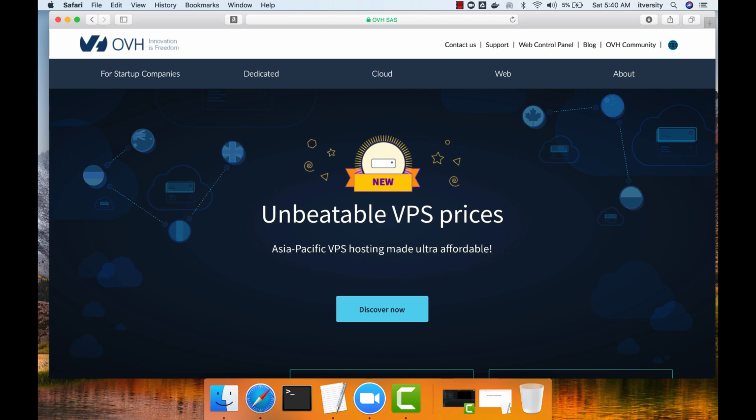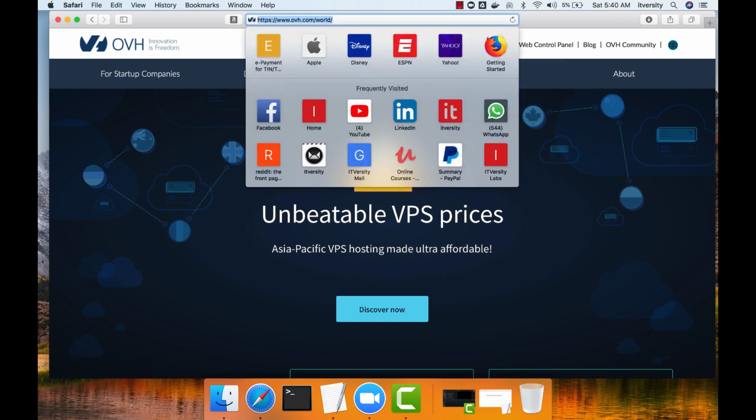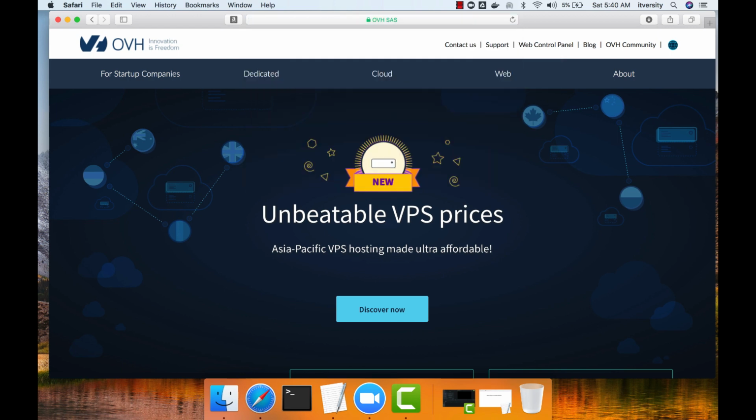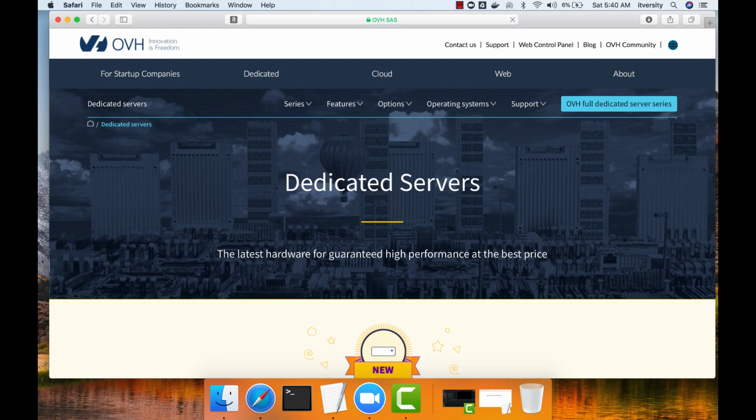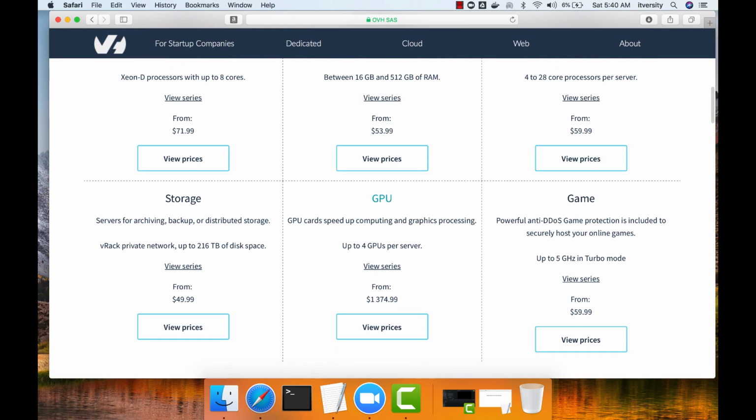Now let us see how we can actually provision a server from OVH. For this, you just go to ovh.com in the browser, and then they have different products, but for our interest, we'll be using this dedicated part and we'll be provisioning the server of our desired configuration. Let me click on this dedicated servers here, and it will actually show